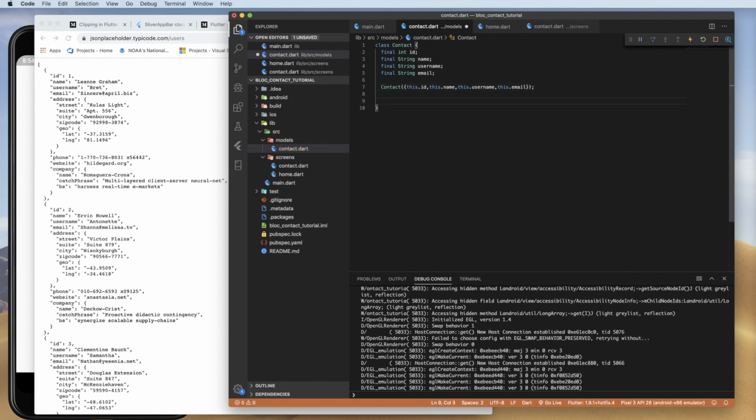Now we also want a function, because we're going to be getting this in JSON. We want a way to say this is how you're going to take the JSON and convert it into our Dart model. And so we're going to build a method down here called fromJSON, and we're going to pass it a map of string and dynamic. So string keys, dynamic data,